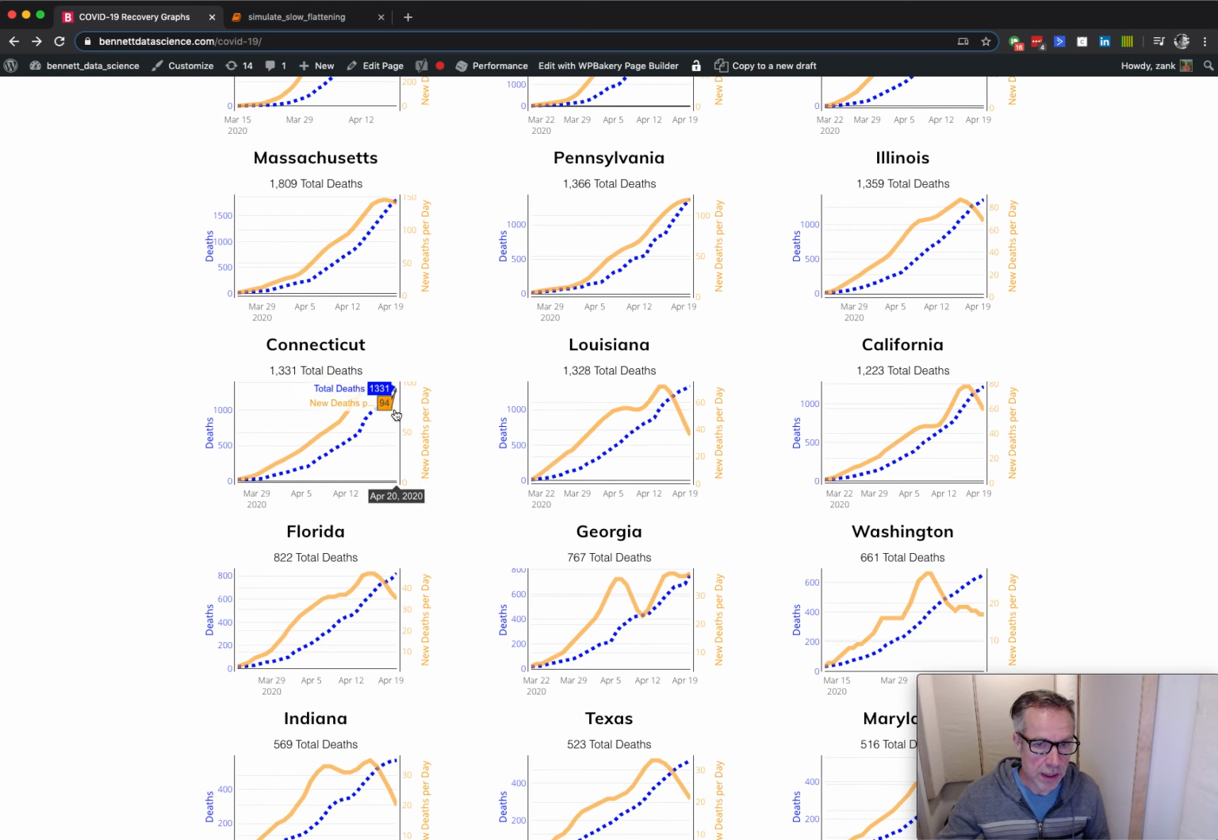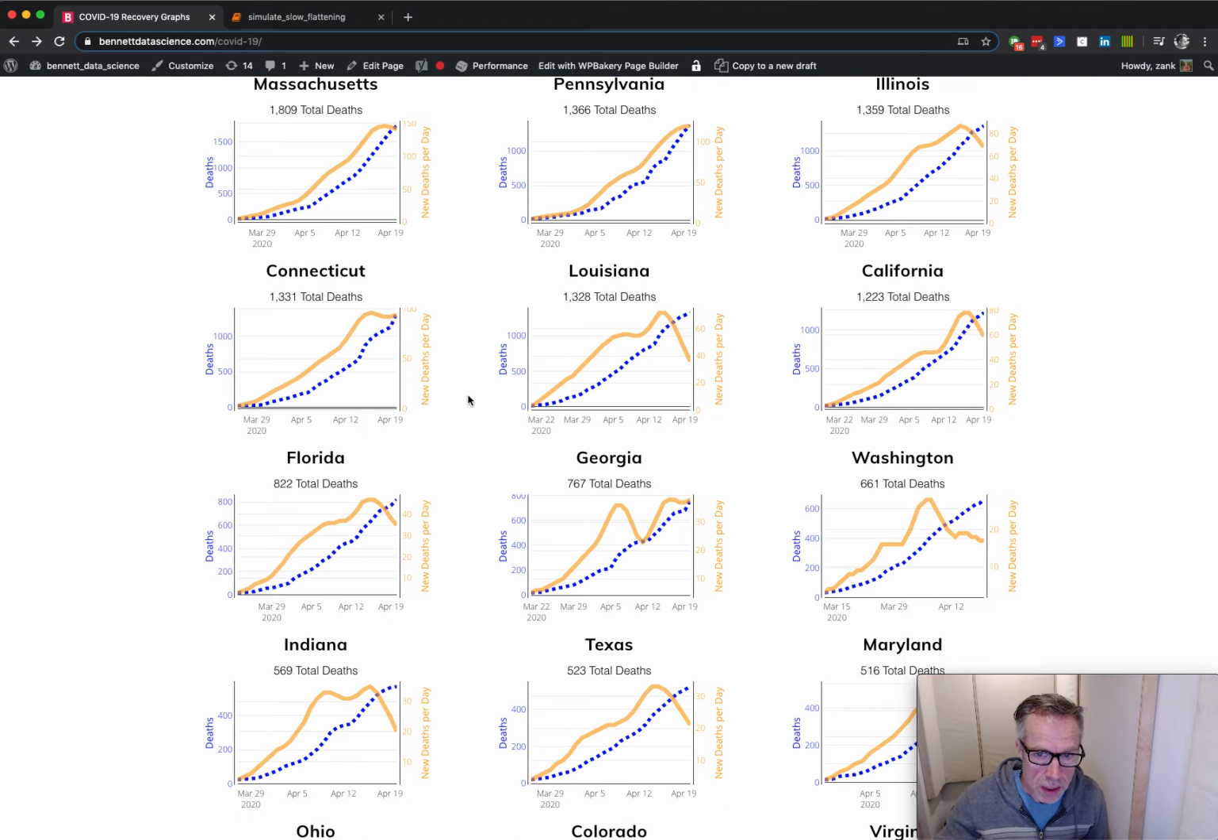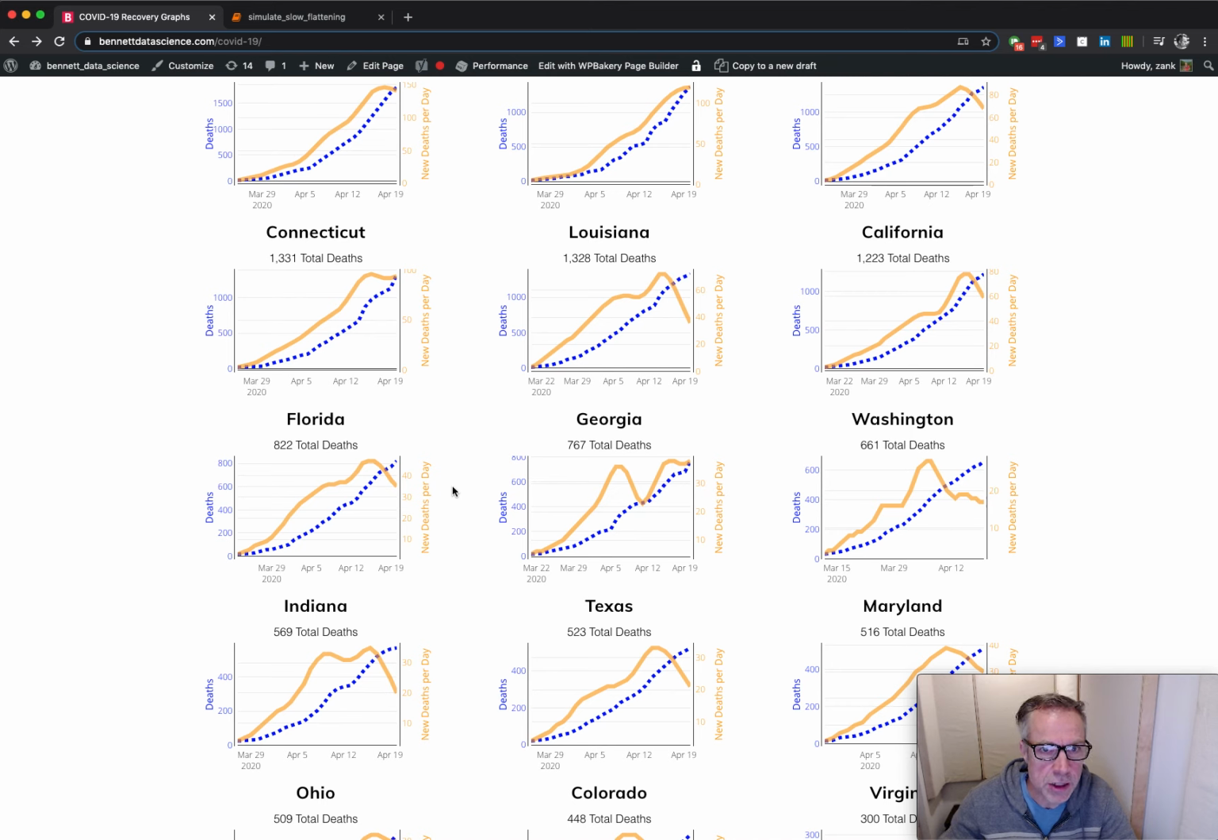Louisiana is doing quite well. Connecticut is showing some of this behavior we've seen where they reach a peak and then the number of new deaths per day stays consistent. Not exactly what we want to see at all. Georgia is the last state I'll mention here,